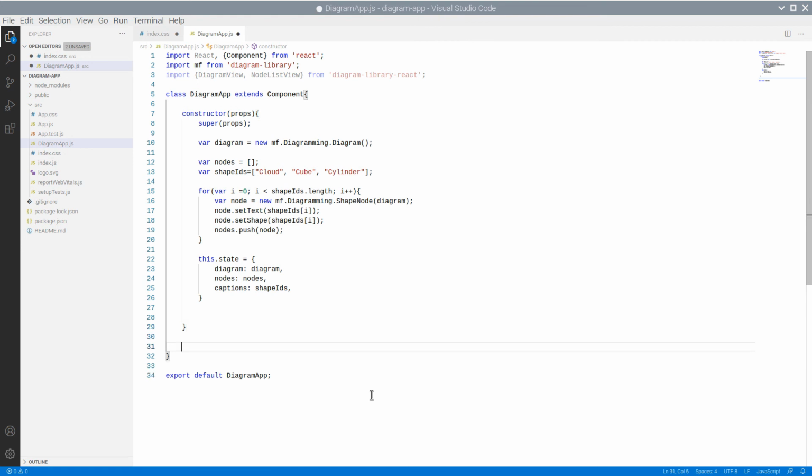We can add now the render method. It returns a single div element where we have another div with the NodeListView.